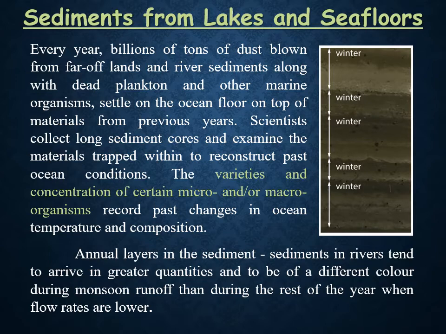Say for example, during monsoon, when lots of rainfall occurs in the land areas, lots of water is flowing within the river channel and it causes intense weathering and erosion in the source areas. So during the monsoon, when the weathering and erosion process is very high, a river erodes one kind of sediments and these freshly eroded sediments are deposited in the basin.